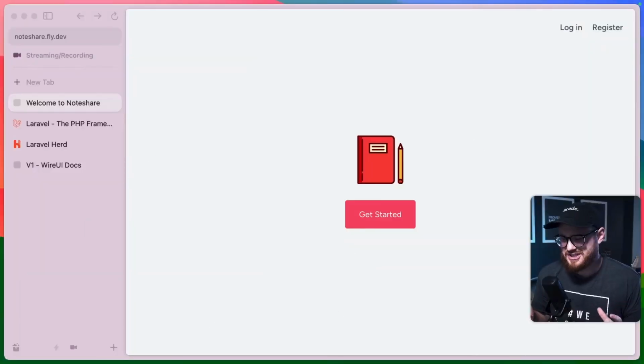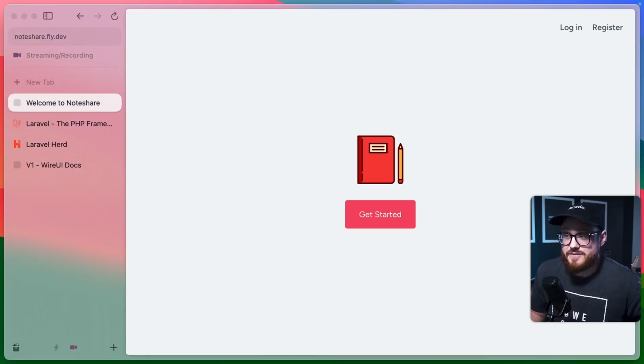So the application that we're going to actually be building is called Note Share, and we actually call it Send Notes, something like that when we start building it out. But the premise is simple. This is actually live in production, and we'll build something, and it might look a little bit different. We might have some different features just as we go along, but I want to start from nothing and get to this within a couple hours. So let's do it. So anybody can register and log in. And I'm just going to log in with the